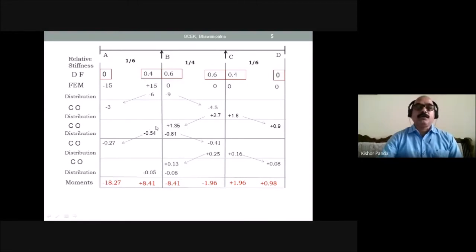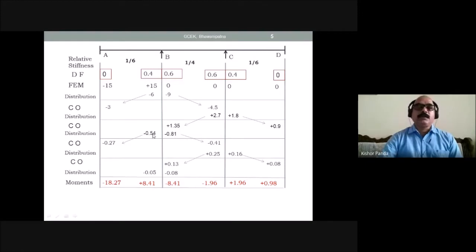So here at the joint B, what is the net moment? Because this side there is no moment, and this side is 1.35. So the net moment is 1.35. This moment will be distributed to this side and this side. 1.35 into 0.4, and you have to put the opposite sign, minus 0.54. 1.35 into 0.6, so you have to put here the opposite sign, minus 0.81. Similarly here 0.9 into distribution factor 0, so the distributed moment here is 0. So this is the distribution. Then again you draw one line, and then again you go for the carryover of this moment.